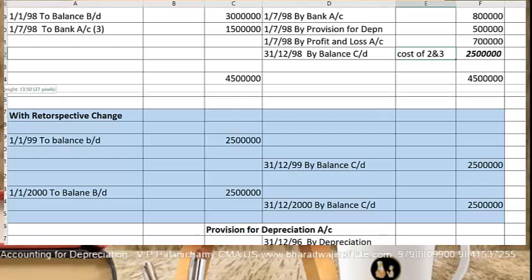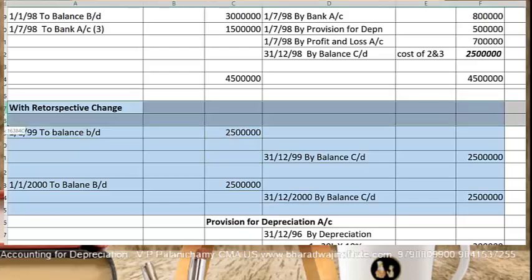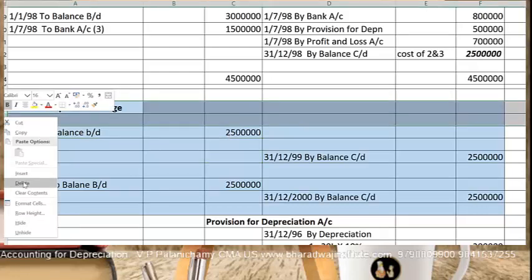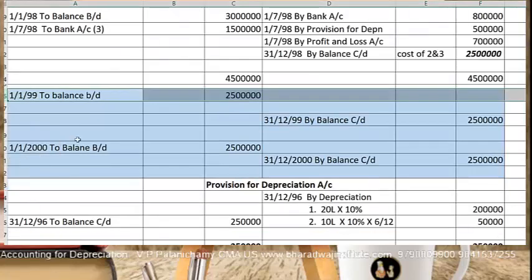So I'm not buying for prospective change, just retrospective change. That is most important for examination point of view also. See, let it be prospective change or retrospective change, the value of asset is not going to change. Clear? Whatever may be the method, the value of asset is not going to change. Asset value will change only when there is a purchase or sale of asset.